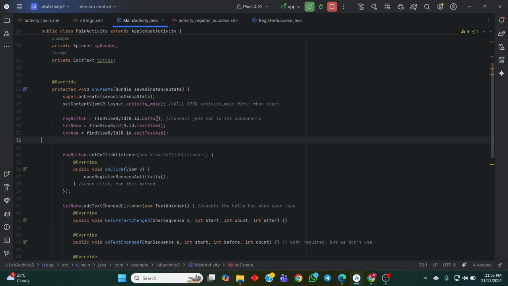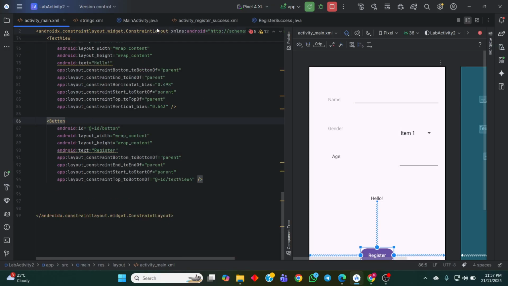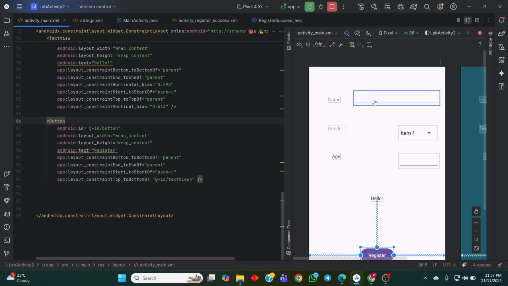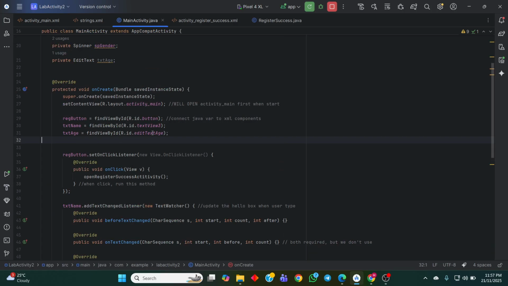The register button is from the button variable in the XML. The name, we set it to text view 3. And lastly, the age is edit text age.